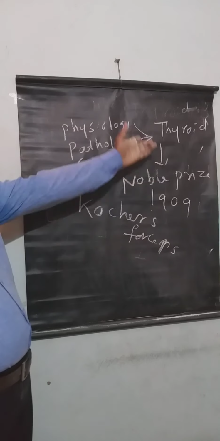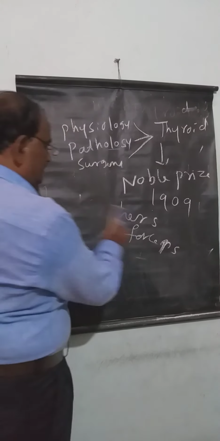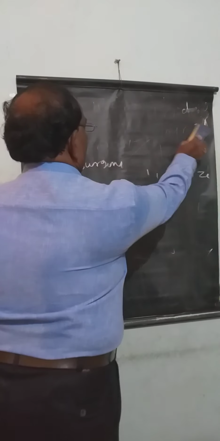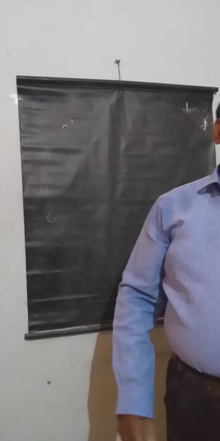He was dedicated to the thyroid gland, and to pay homage to this person, we call it the fourth vein of Kocher. Apart from that, he did a lot of surgical work regarding the dislocation of the shoulder joint. Many things are named after Kocher.